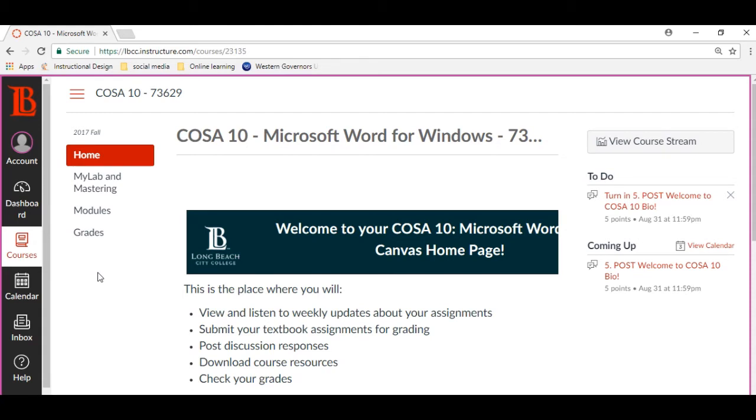Now you also see some other navigational things here. You see grades. That's the button you click on to check your grades to see how you're doing. And then you've got myITLab and mastering. In a little bit, I'm going to show you how you can click on that to set up your myITLab course. All right, so let's go ahead and get started by clicking on